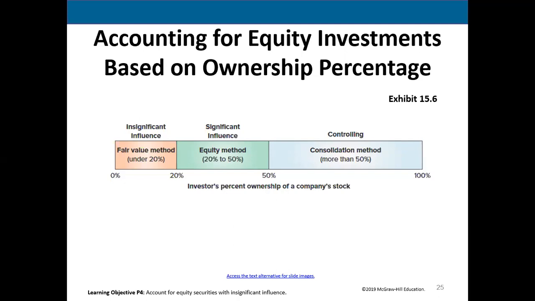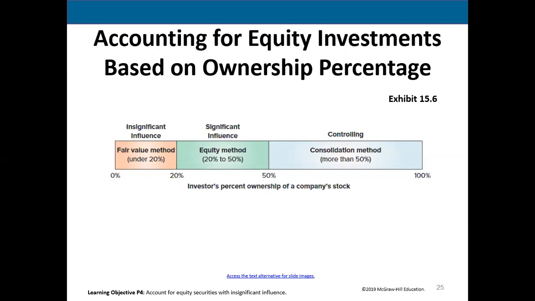But once you start upping your ownership percentage in a company, you're doing that for a reason. You may want to form a business alliance with this company. You may want to try to influence them because they sell you product or you sell them product. There's something more to your reasoning as to why you're investing and acquiring so much of that company. So when you own between 20 and 50%, now you're more in this significant influence. You have a lot more voting power. You can't tell them what to do, but you can really influence it. So we do the accounting a little differently when you own this type of investment.